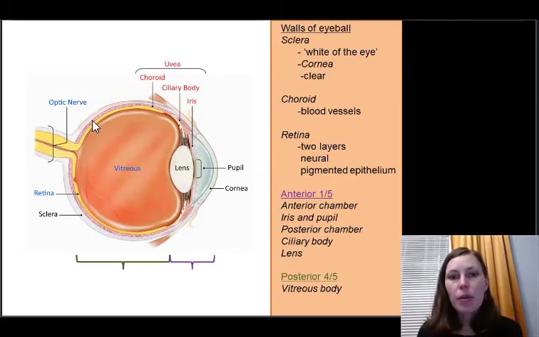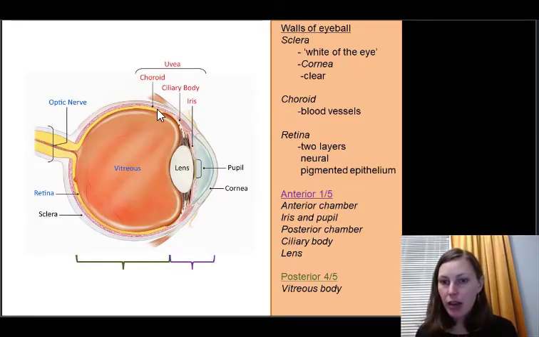Just deep to the choroid layer, you have the retina. And the retina is actually 2 layers. You have a pigmented epithelium with deposits of melanin in it, and you have a neural retina. The neural retina has the photoreceptors, the rods and the cones that can help you see in low light or